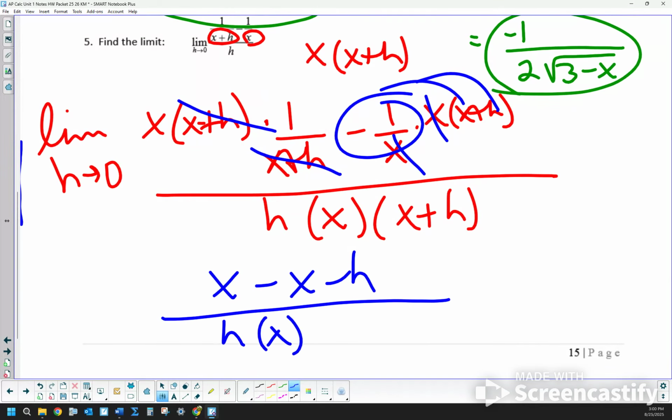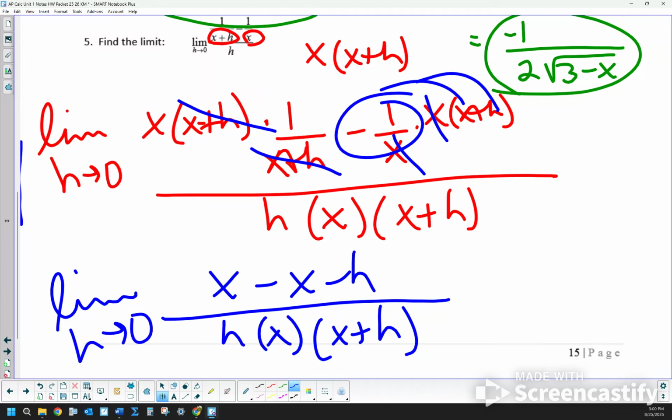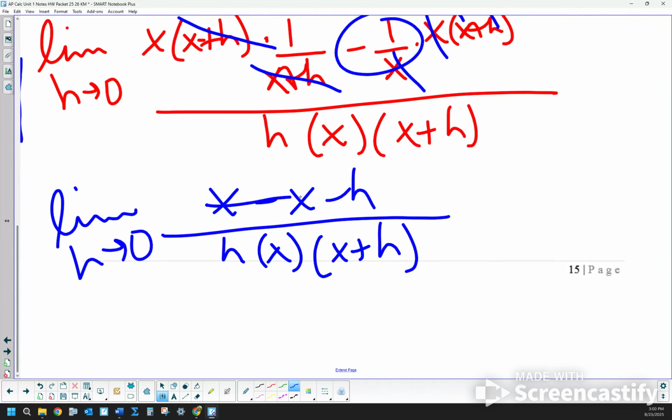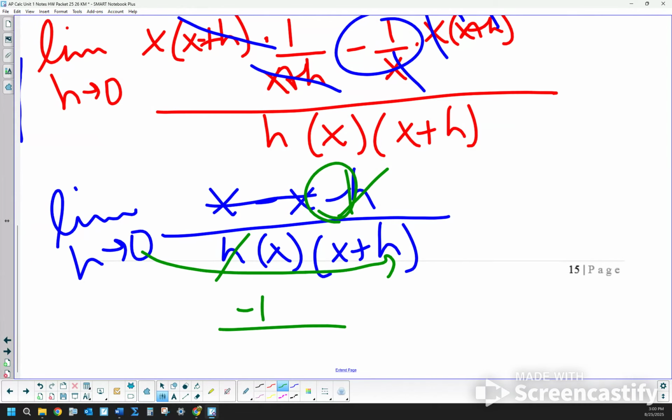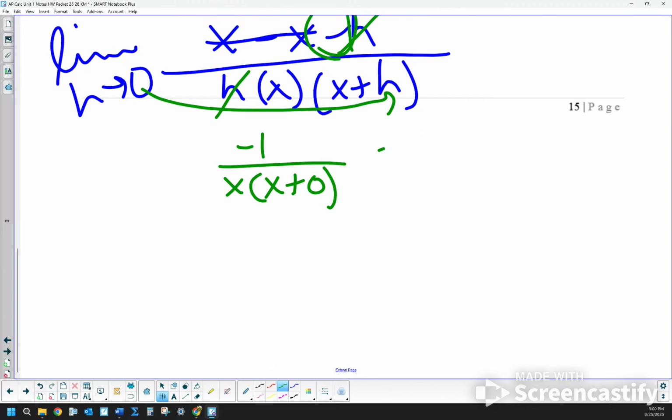And then go ahead and write that limit. h approaches 0. This becomes 0. And then the h cancels here, but notice you have a negative 1. So keep that in mind. And then I'm going to go ahead and quickly do that substitution, x plus 0, which really then simplifies to negative 1 over x squared. So lots of algebra here today, and then we'll go ahead and attach meaning to both of these, either later this unit